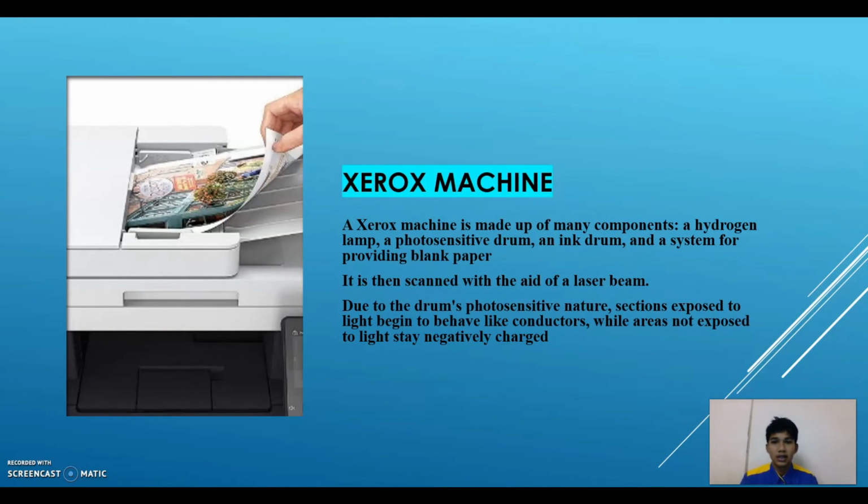Xerox machine. A Xerox machine is made up of many components such as a halogen lamp, a photosensitive drum, an ink drum, and a system for providing blank paper. The blank paper is then scanned with the aid of a laser beam,